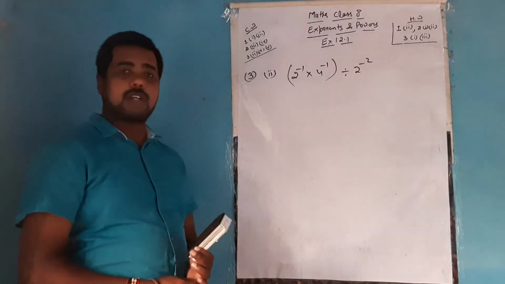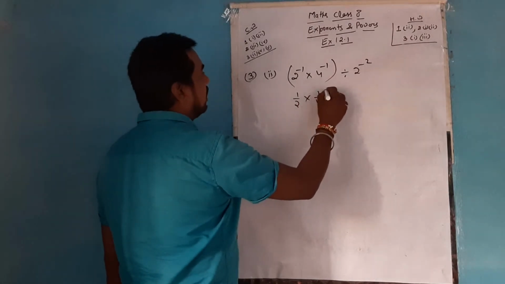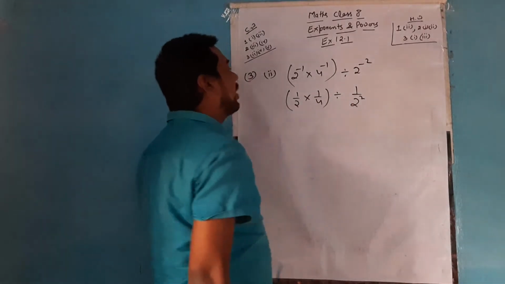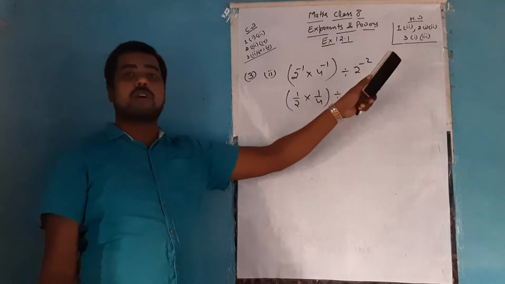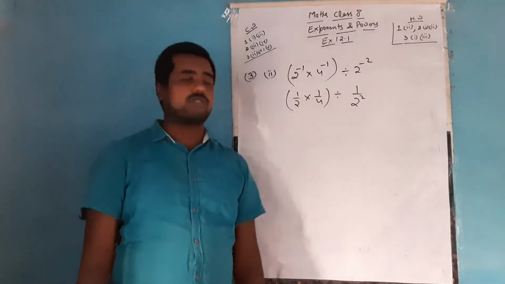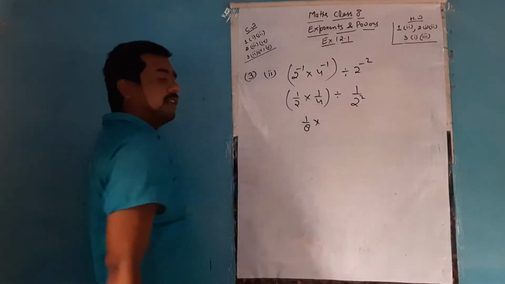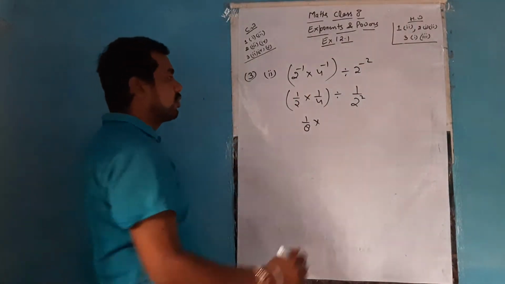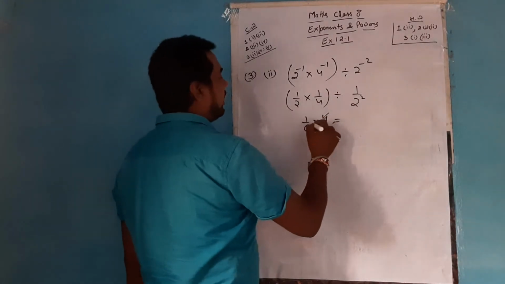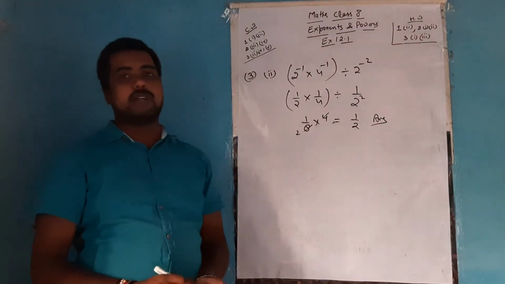Same thing we are going to do. First we are going to solve the bracket part. So 2 power minus 1 becomes 1 by 2. 4 power minus 1 becomes 1 by 4. And when you make the reciprocal of this, that becomes 1 by 2 square. Although it is 1 by 2 whole square, the square of 1 will be 1 only. When 1 is there, we may directly leave the answer, write the answer in this form. So now when you simplify, that becomes 1 by 8, and divide, when you convert it to multiply, this denominator will again go to the numerator, and the value of 2 square is 4. So now when you simplify, that becomes 1 by 2. So the answer of the same is 1 by 2.